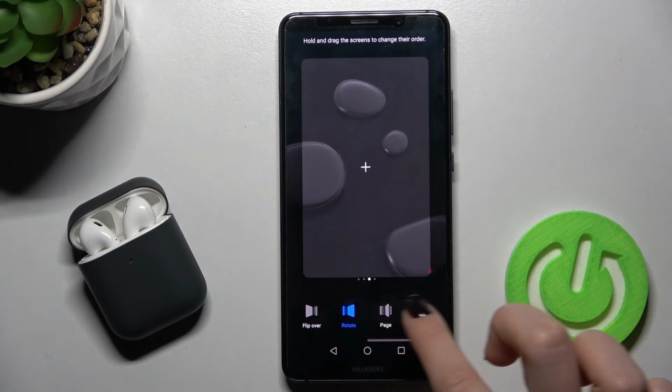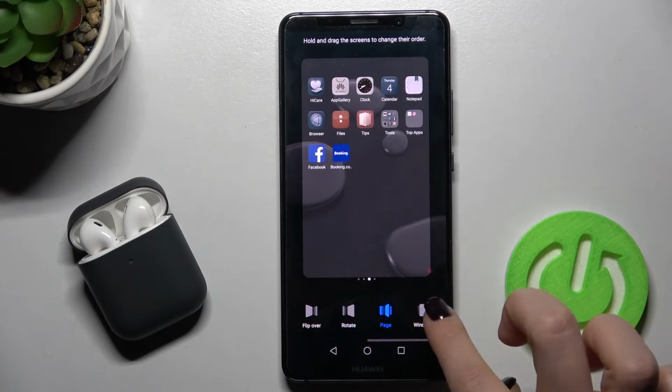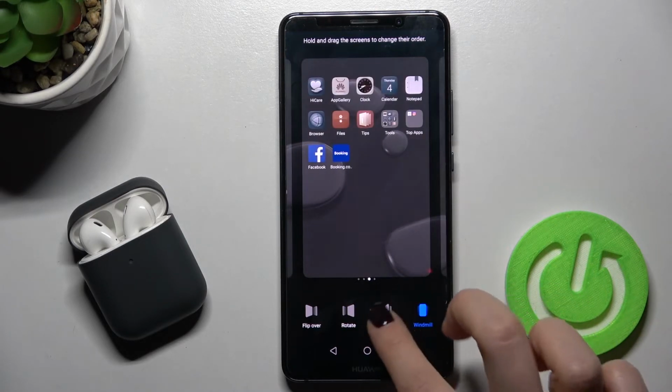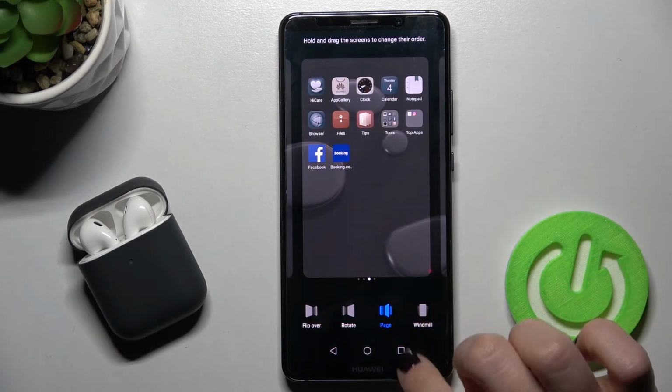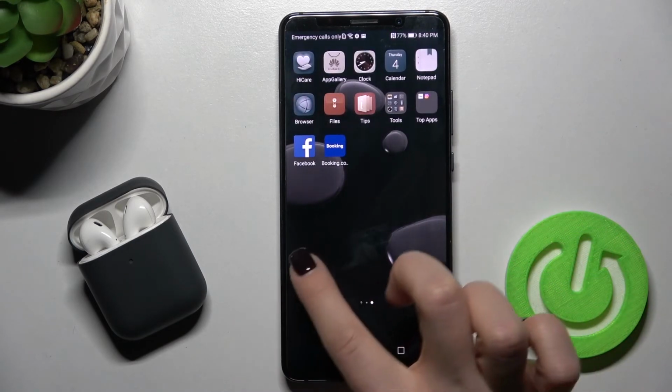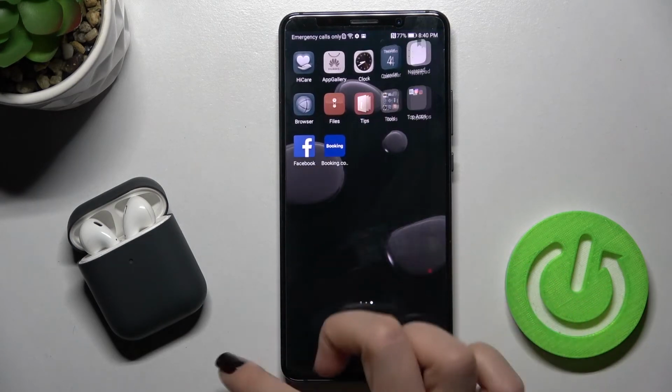So you can choose the animation that you like. For example, I will go in with this one, and now just go back, and as you can see, your home screen animation has changed